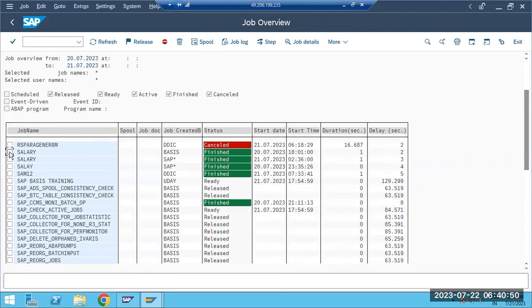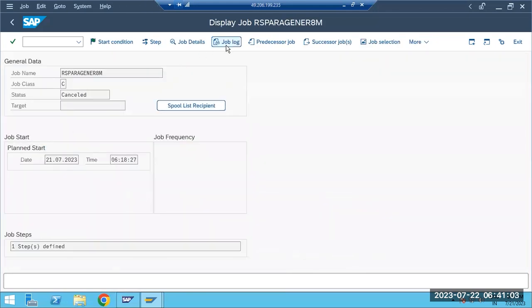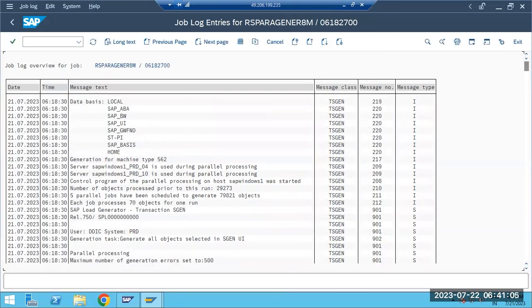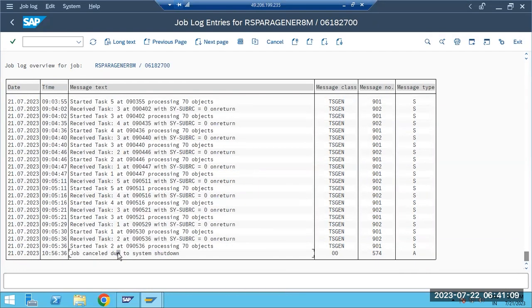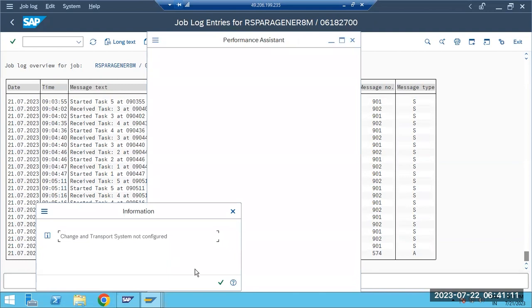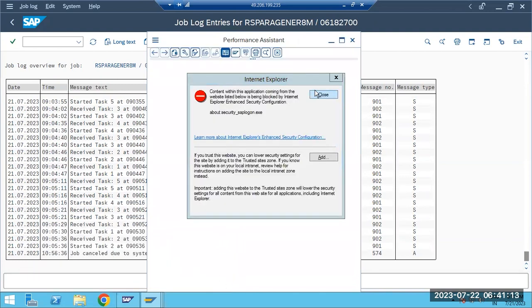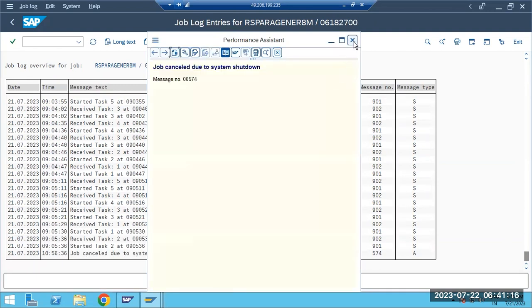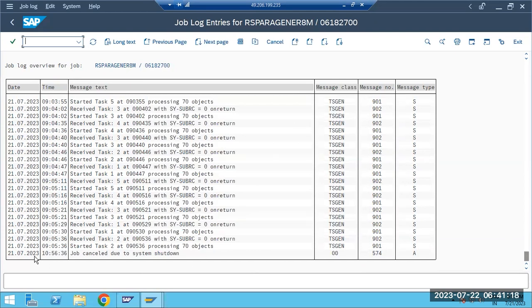Why? Because sometimes some user jobs, some payroll jobs, will fail. At that time we have to investigate deeply why it failed. Sometimes it will give exceptions in the system. Suppose while you are checking this transaction, the exception says the job was cancelled due to the system shutdown. In this case, you need to check what time this actually happened. So 10:56. Then you need to go to